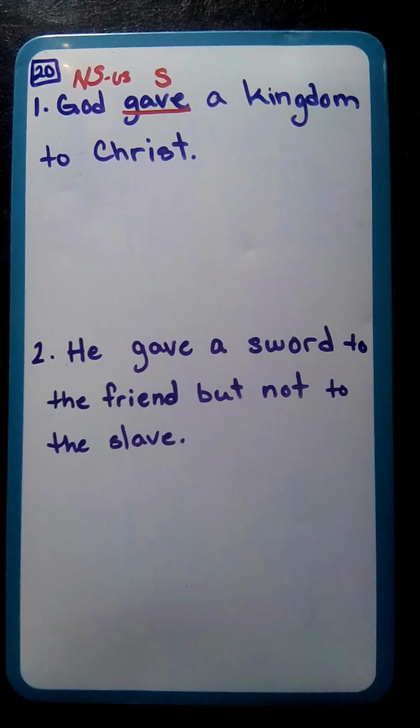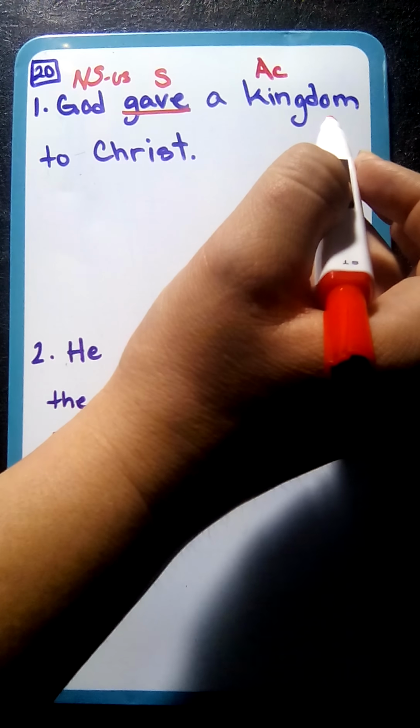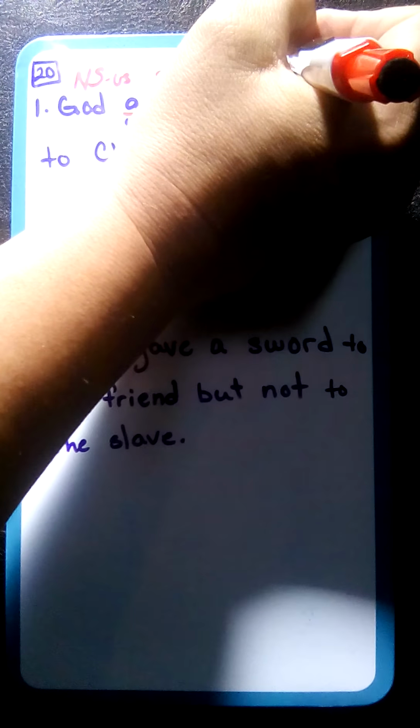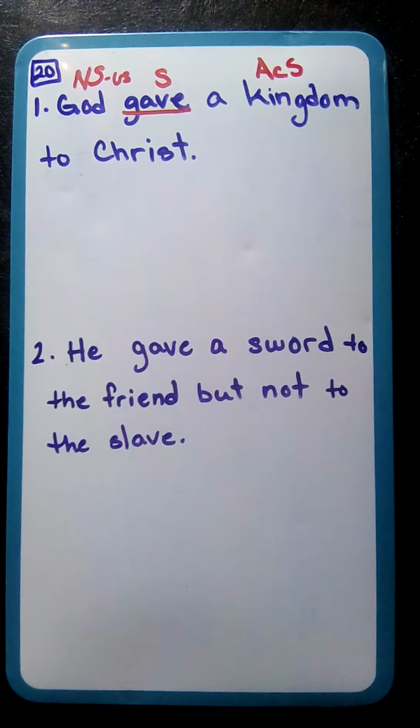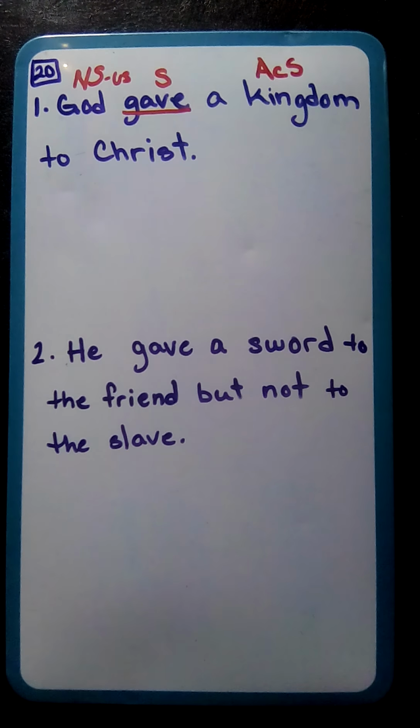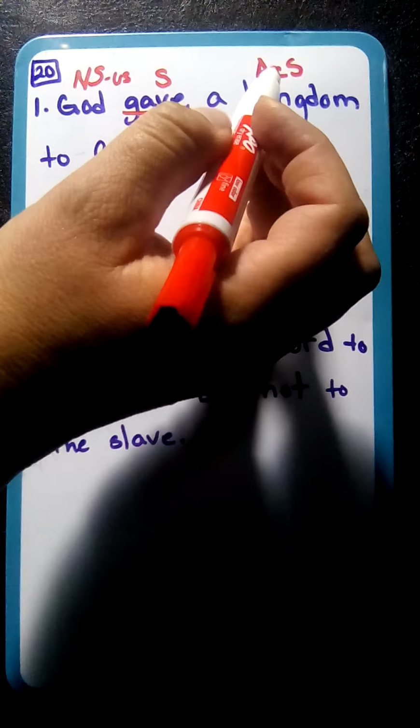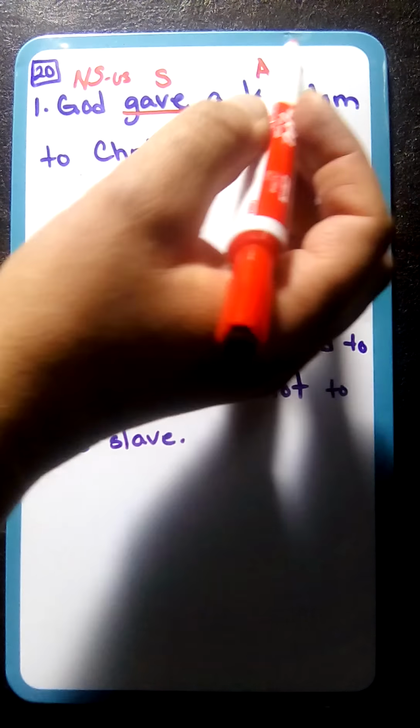Now, a kingdom. So he's giving a kingdom, so a kingdom would be our direct object. And direct objects always go in the accusative. And is accusative singular or plural? Well, that's singular. So we think to the word kingdom, royal power. So we have regnum, regni. So regnum, regni is an e ending. That makes it second declension neuter. And a second declension neuter having the accusative singular ending of